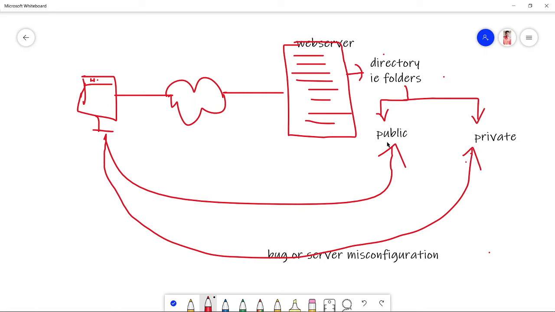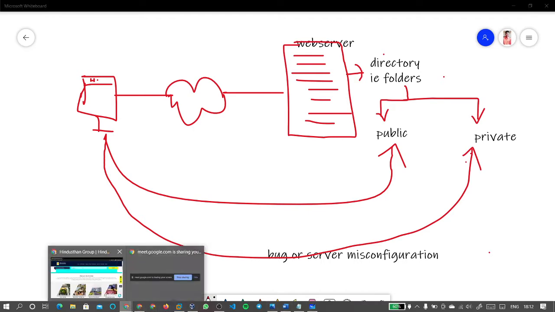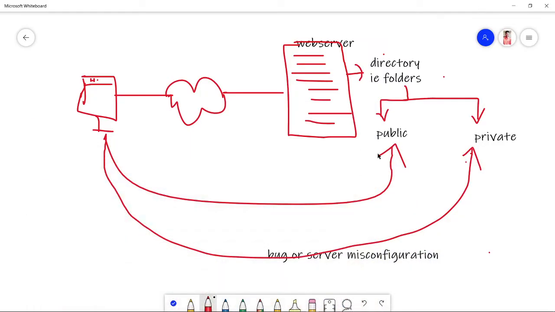Public directories contain whatever they are listing on their website: home, our institution, about, contact us, admission. All these directories come under the public directory.